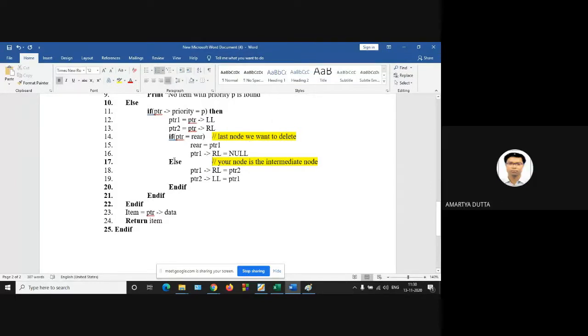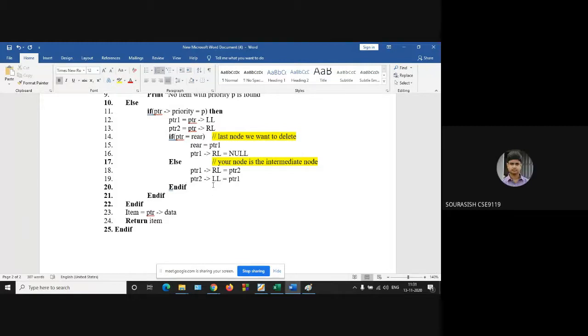Line number 17. We had already assigned a pointer to the right link and a pointer to the left link. So the left link will now be connected to the right link directly. We want to delete the middle one. What is the middle one? Middle one is your PTR.